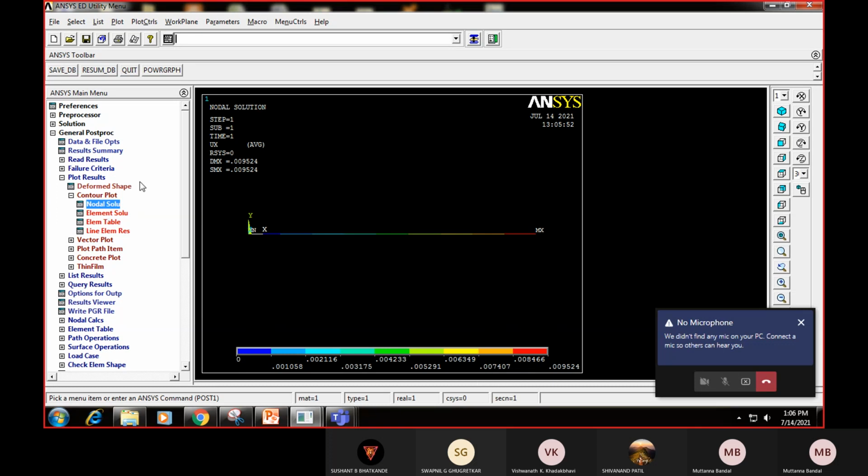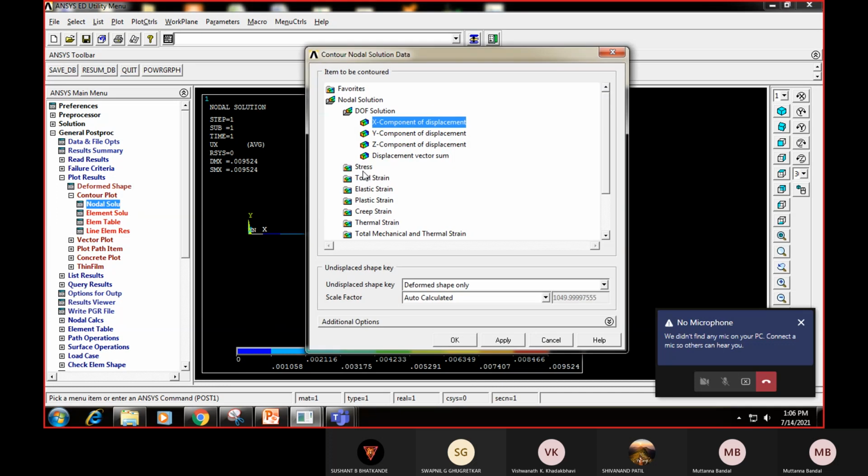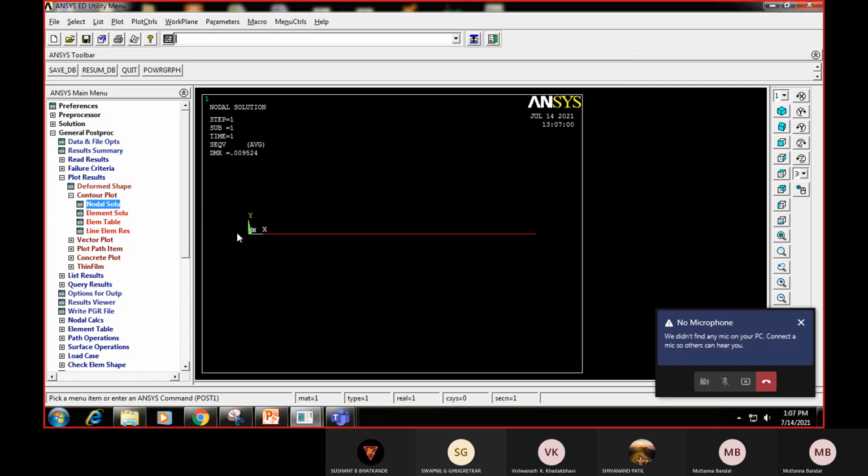Similarly, you can find the nodal solution for the stress also. So click on this stress, on von Mises stress, and say okay. So it is showing a simple stress. The reason here is the cross section: the stress is constant throughout the structure. Suppose it is bending, then the stress variation can be seen, but here since it is a uniform cross section and an axial load, the stresses are uniform throughout the structure. That is the meaning of this.